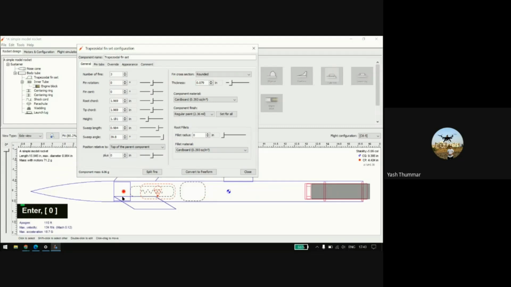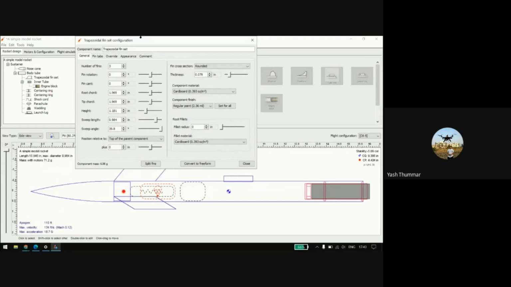Okay. So you will find it at the top of this parent component. Same, you will now give plus 2 inches, so it will go down more. It's the same length as this body tube.